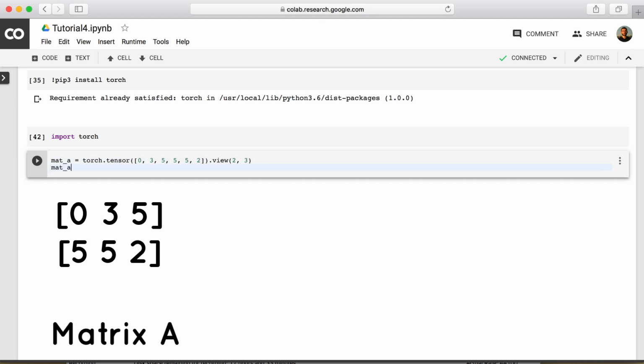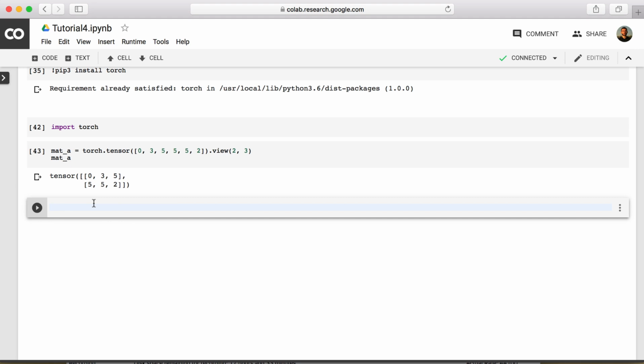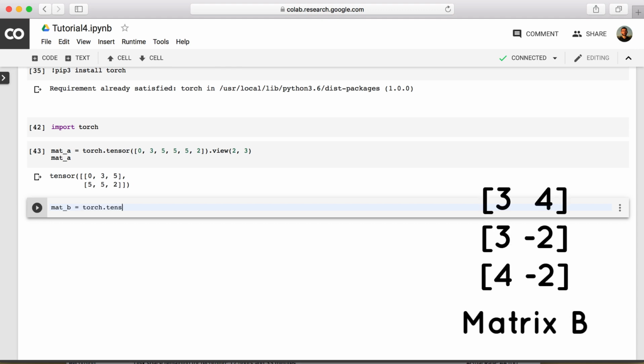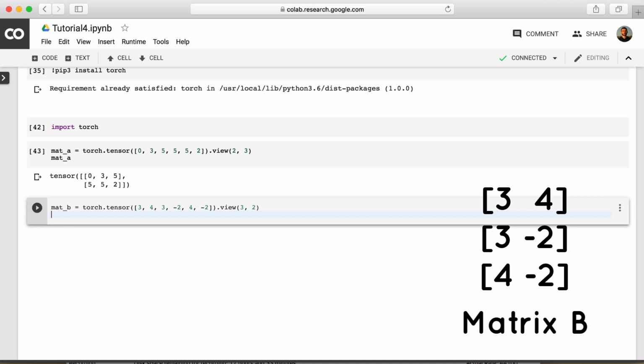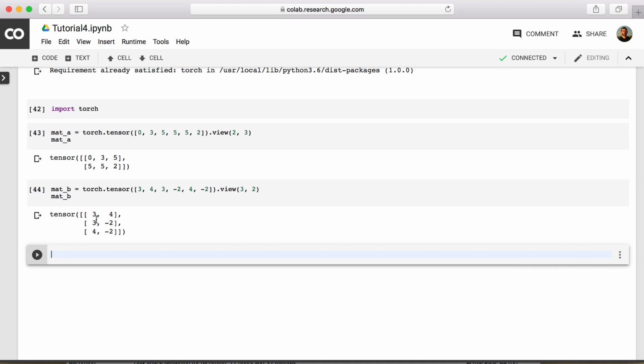Outputting this matrix A, and now on a different cell, we'll define another matrix, matrix B, which will be set equal to torch.tensor, and again the same values as before, 3, 4, 3, -2, 4, -2, but this will be reshaped with .view to have 3 rows and 2 columns. Outputting this matrix B, we get the following, which is what we expect, and now we can conduct matrix multiplication